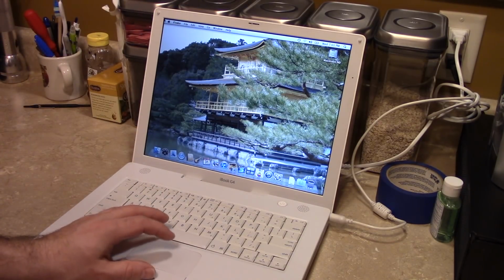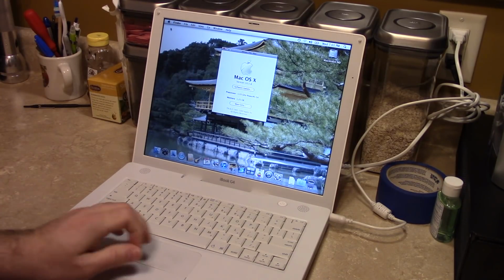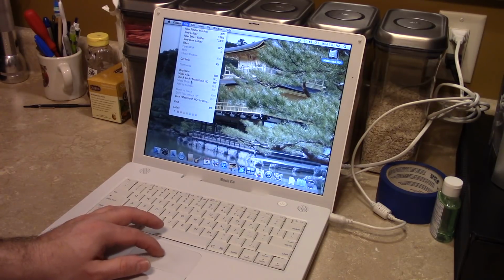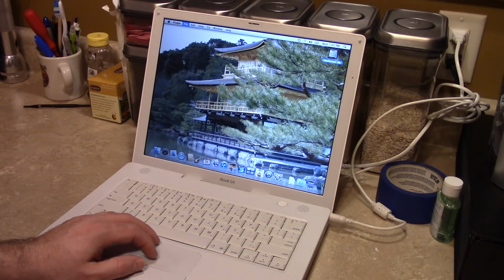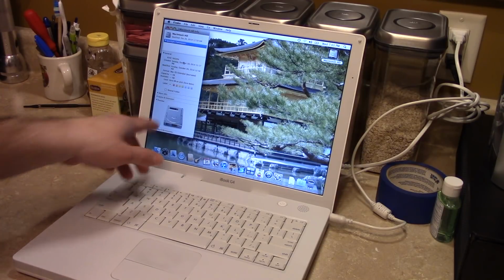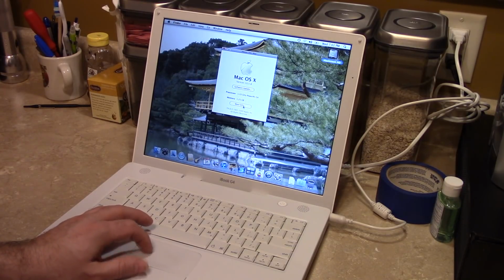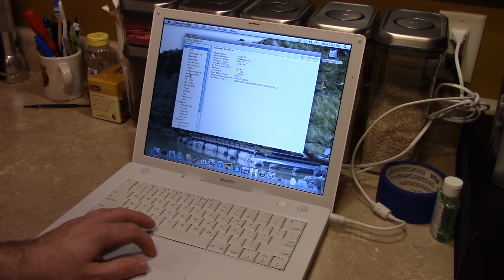But we're running 10.5.8. This particular model is a 1.33 gigahertz G4 with 1.25 gigs of RAM. It originally had a 60 gigabyte hard drive, but I think I upgraded that to a bigger one. I'll tell you in a minute. Get info here. It's not telling me. It's not even telling me the capacity. Well, let's go into the system details and see what the model is, and I'll tell you what it is from there. So if I go to...